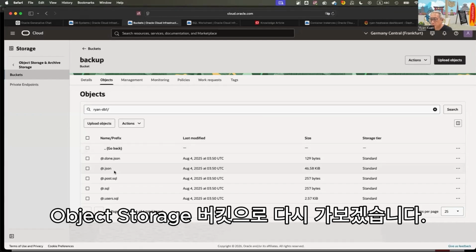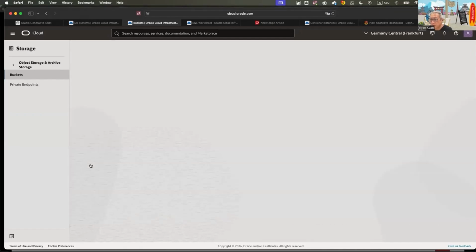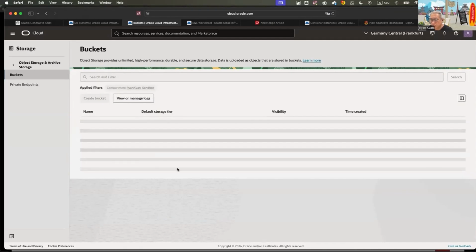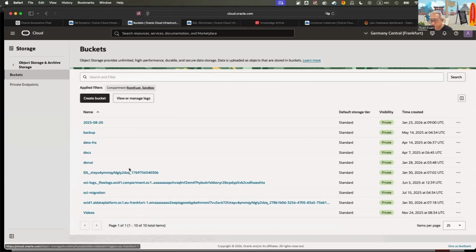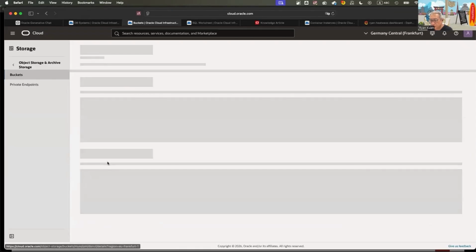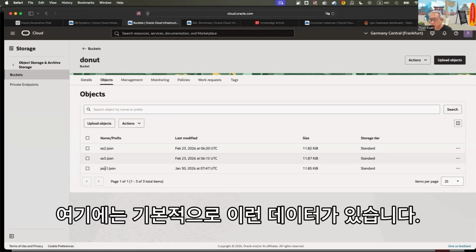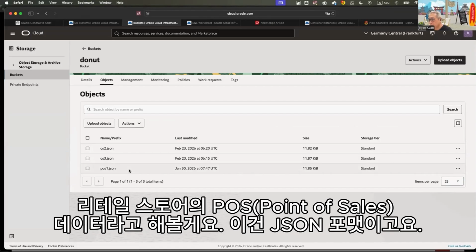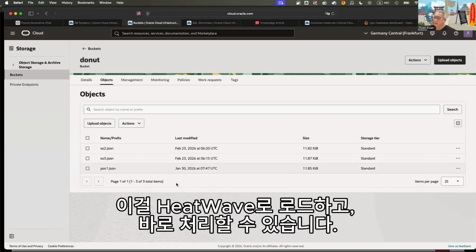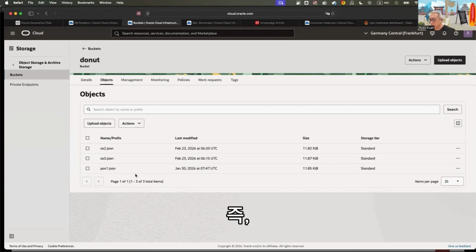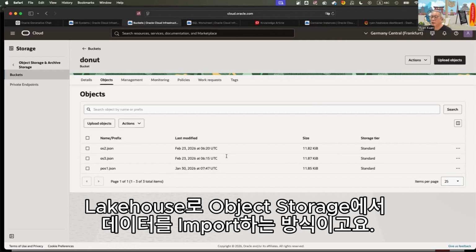Let's go back to the bucket. So I have basically all this point of sales data for a retail store. Okay, so this is in JSON format. I could load it into the HeatWave and then start processing. So this is a way of using the Lakehouse to import data from object storage, and this data